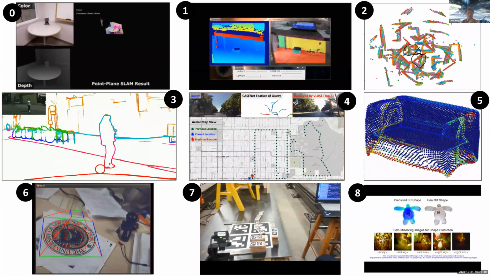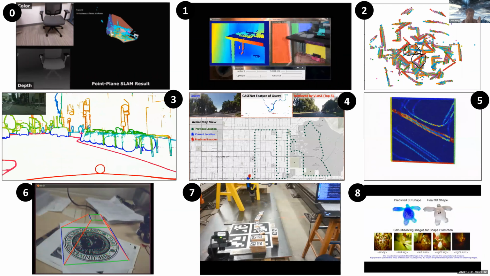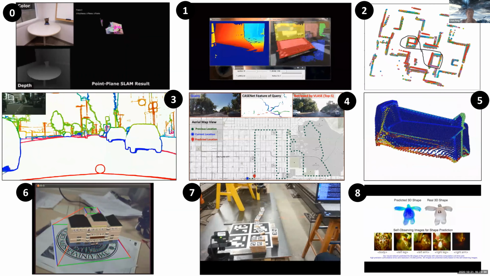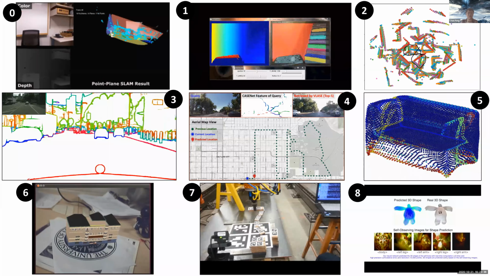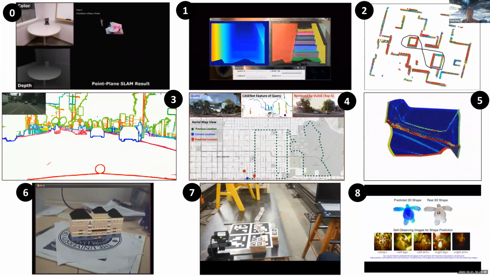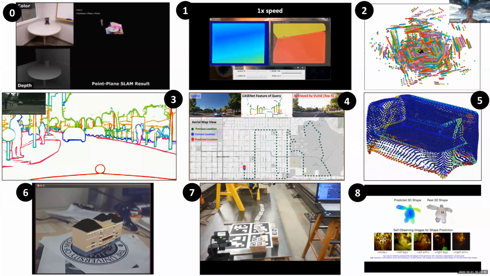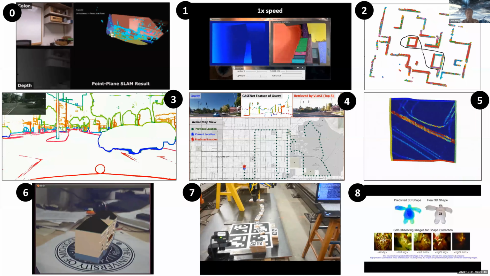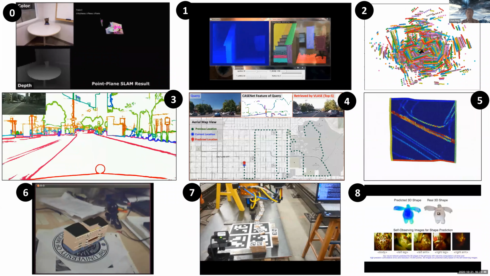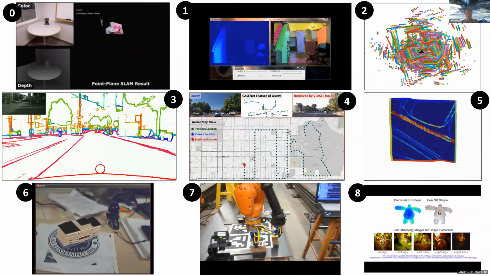Number 5 is a work called PhotoNet. We developed it, I think, 3 or 4 years ago. It is to teach an AI to learn to group different 3D shapes represented by a bunch of points. We call them point clouds. So in this work, we teach AI to automatically learn to group 3D shapes of the same semantic meaning into a cluster. Right? So the shape of a chair will all be grouped into a cluster. The shape of a table will be grouped into another cluster.